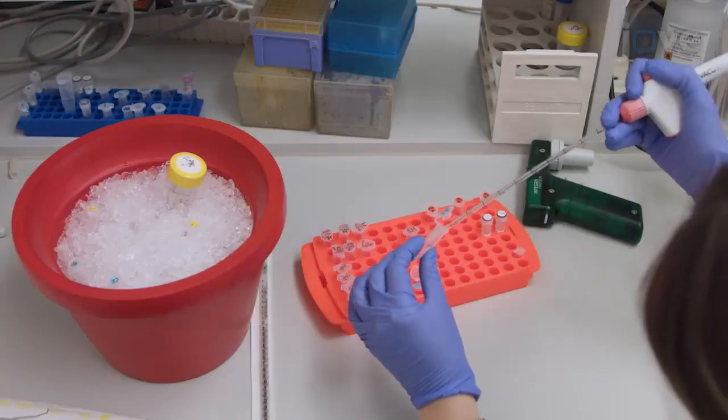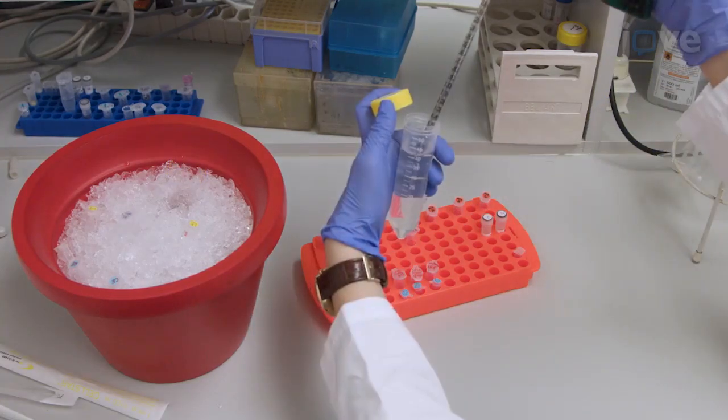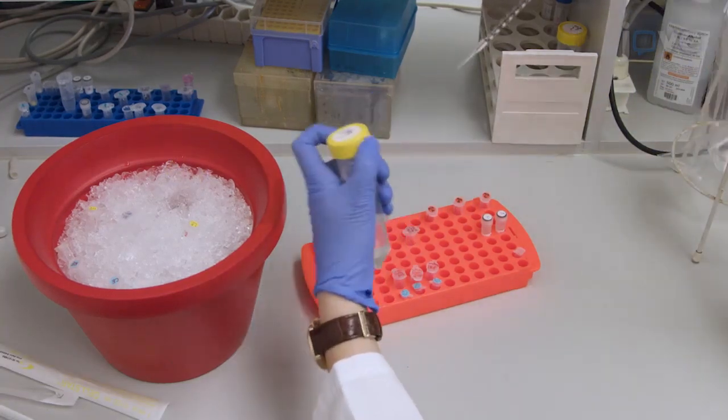After the spin, discard the supernatant, resuspend the cell pellet with 1.5 milliliters of ice-cold 1X PBS, and spin down the cells at 500 times G and 4 degrees Celsius for